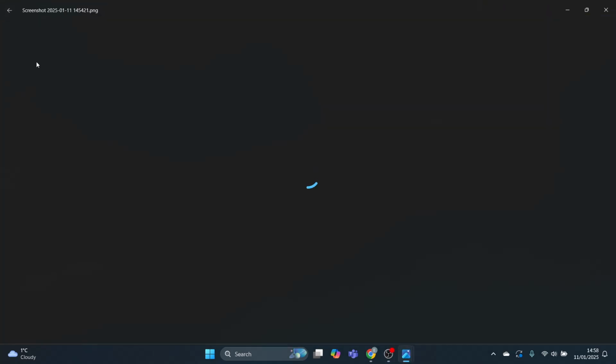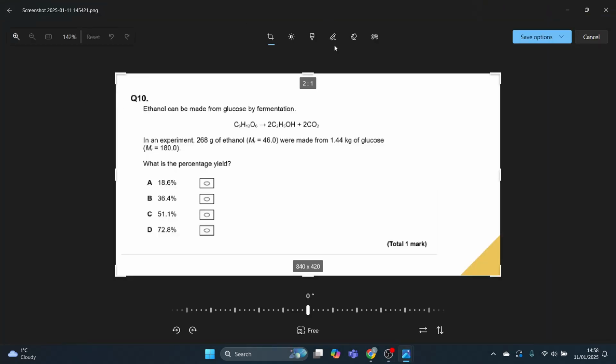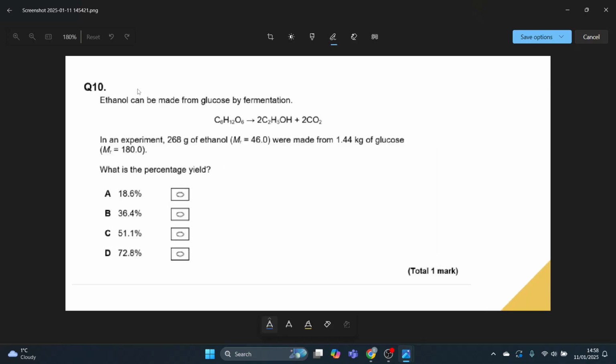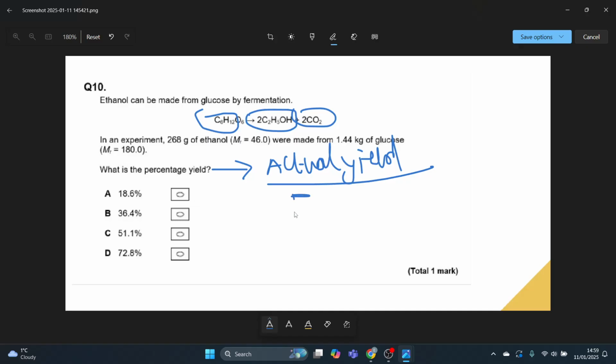Multiple choice questions, percentage yield. Ethanol can be made from glucose by fermentation. That's glucose, that's ethanol, it's got the OH group, that's alcohol, and that's carbon dioxide. And in the experiment, what is the percentage yield? Percentage yield is actual yield over theoretical yield